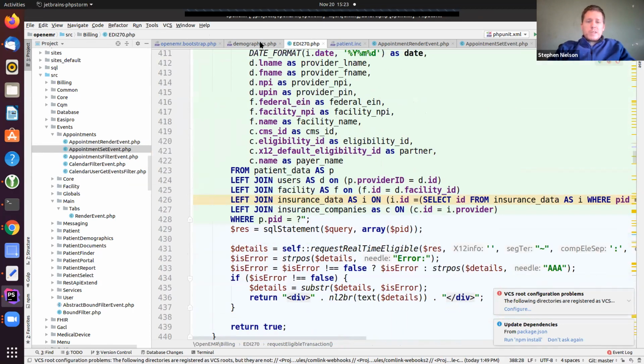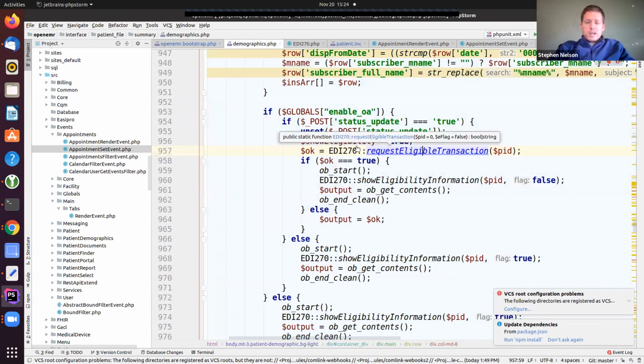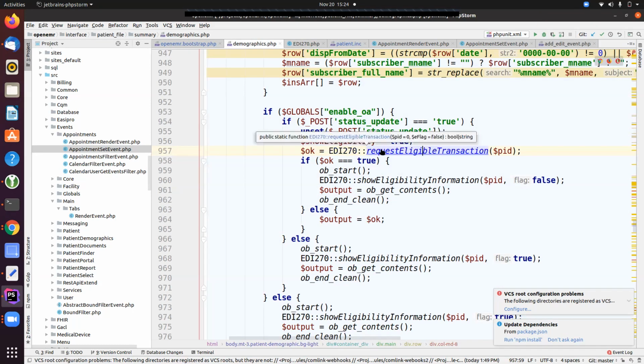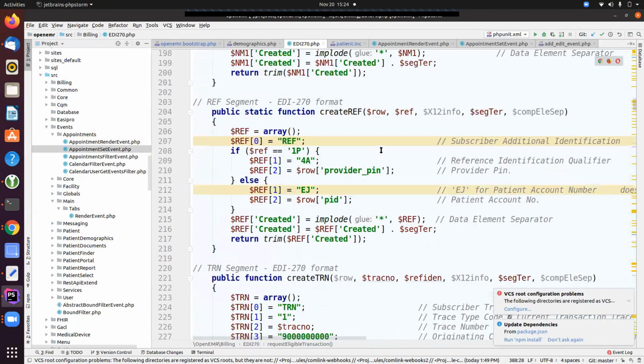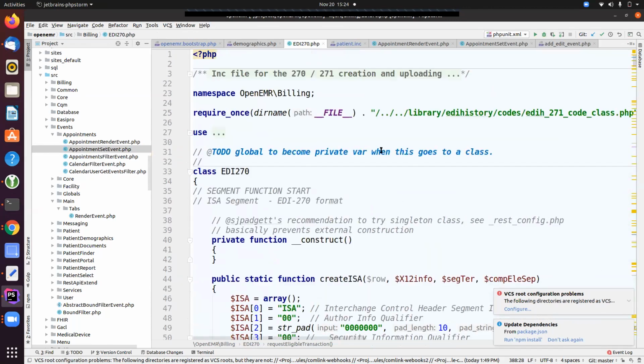Actually, it's not a render class? I don't think it is a class. I don't know, it's been a while. Steven may have made it a class. Yeah, it looks like it's a class. All right.